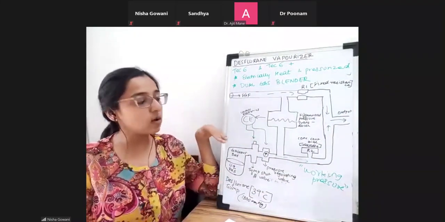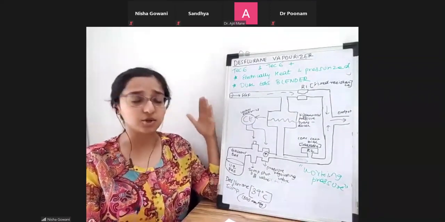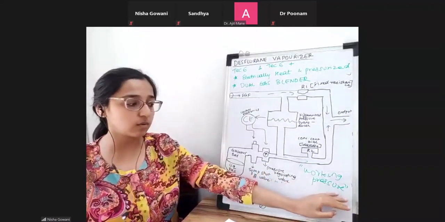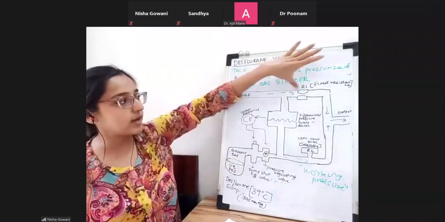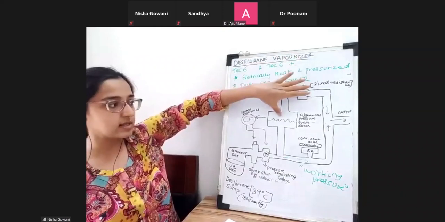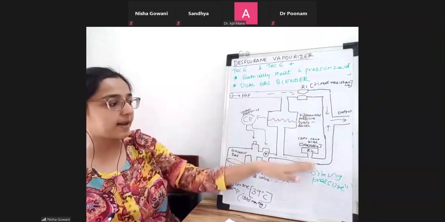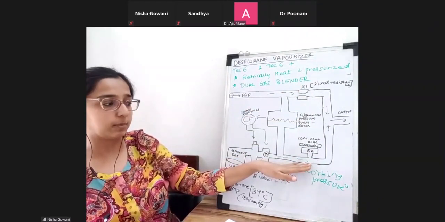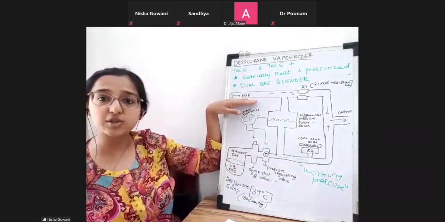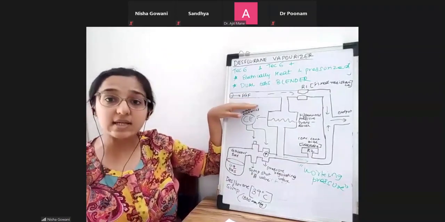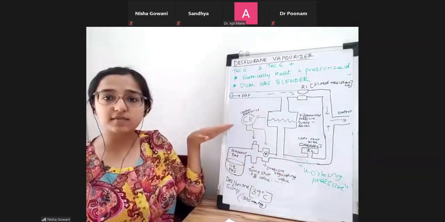So now what is determining the working pressure? How do we know? It actually depends on the fresh gas flow. This fresh gas flow, encountering a resistance, causes a back pressure, sensed over here. This sensor will then send a message here, and the same pressure will be developed over here. So this working pressure, from where is it getting reduced? It depends on the fresh gas flow. There is a linear relationship between the fresh gas flow and the working pressure of this desflurane vaporizer.